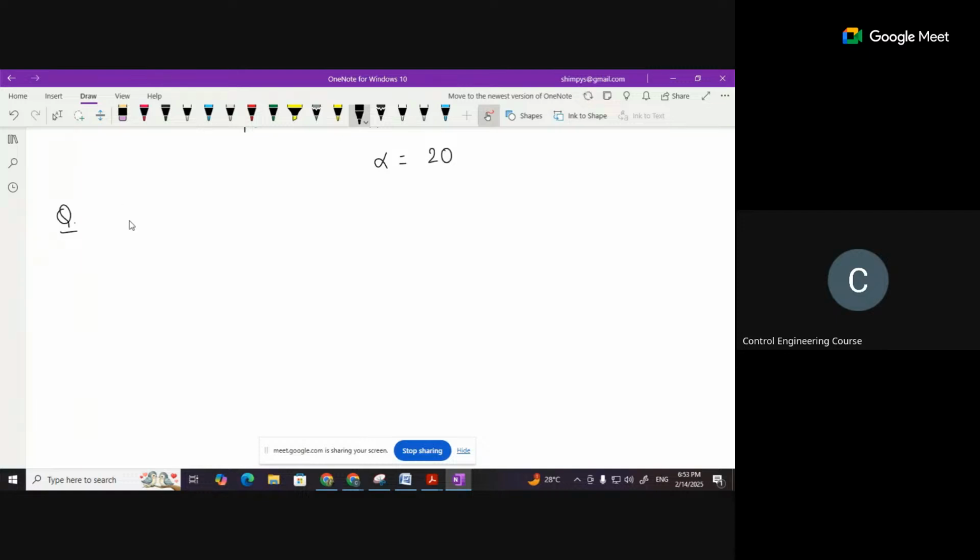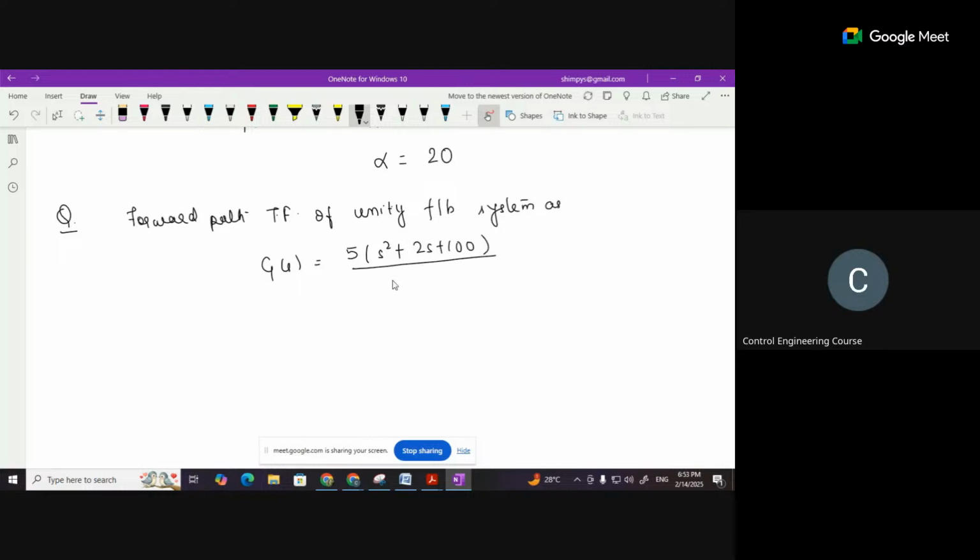If we have been given the forward path transfer function of a unity feedback system as G(s) = 5(s^2 + 2s + 100) divided by s^2 (s + 5)(s^2 + 3s + 10), you have to determine the step,